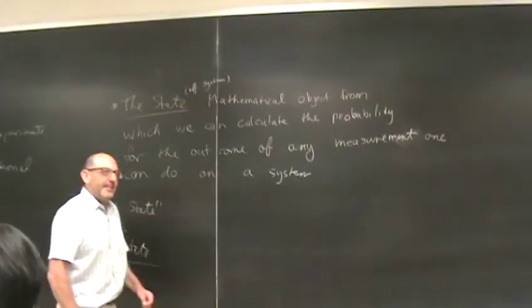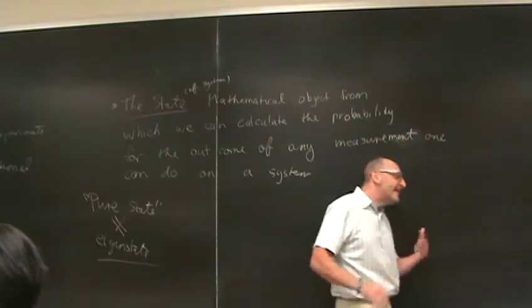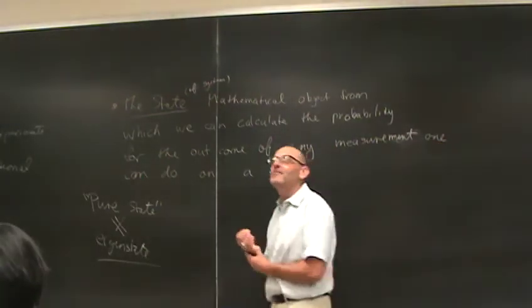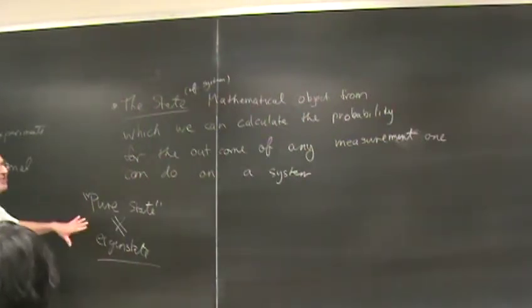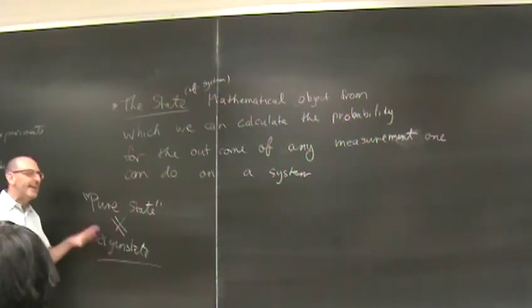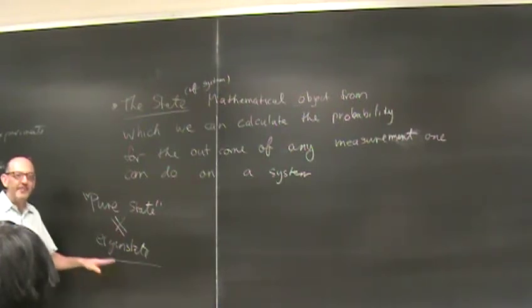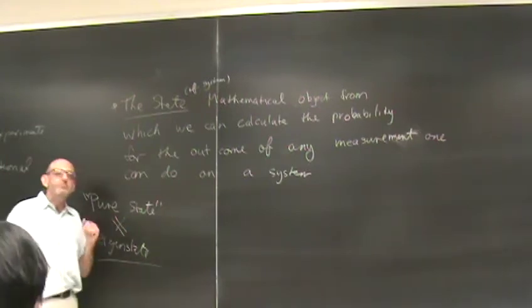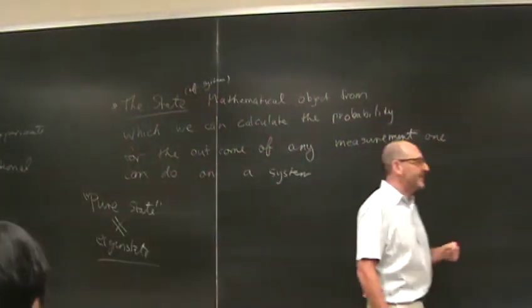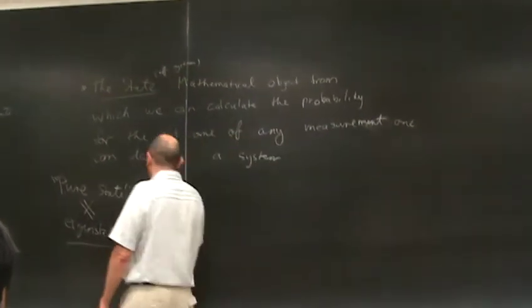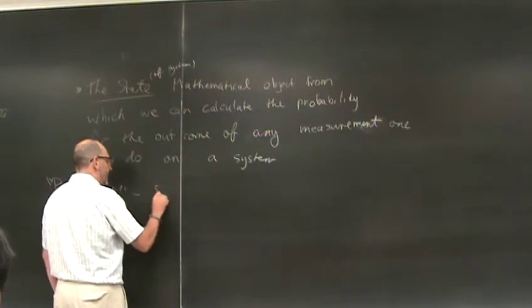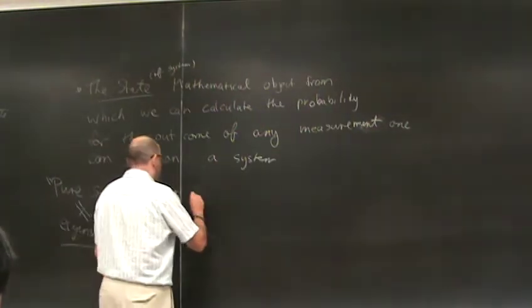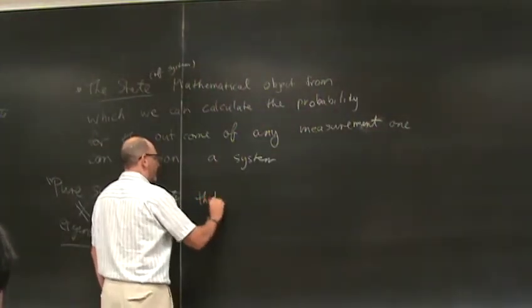There are some people of my generation or older who were taught to have some confused language about pure states and mixed states and eigenstates and non-eigenstates. That's not what this means. Nipping that in the bud. Pure state doesn't mean eigenstate of some operator. So what do I mean by a pure state? A pure state is, so these are states that we assign